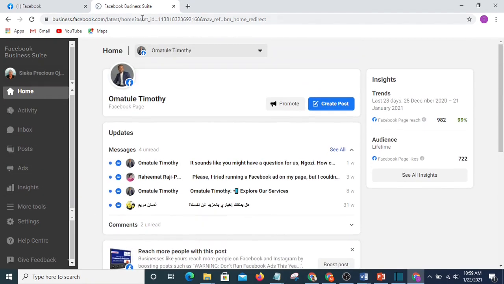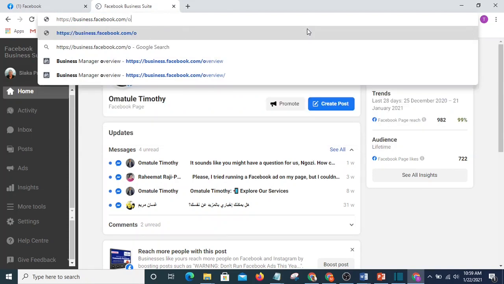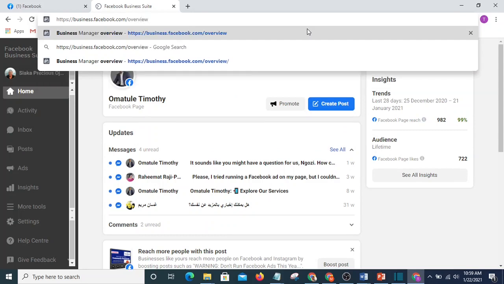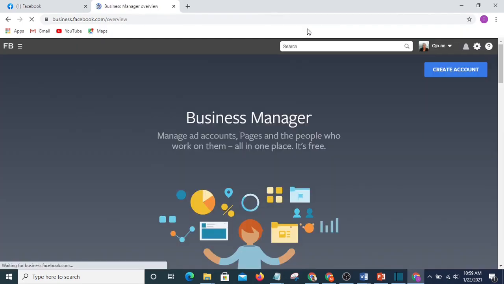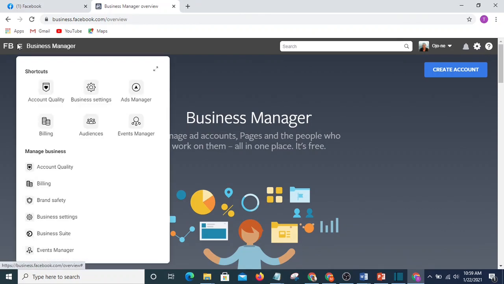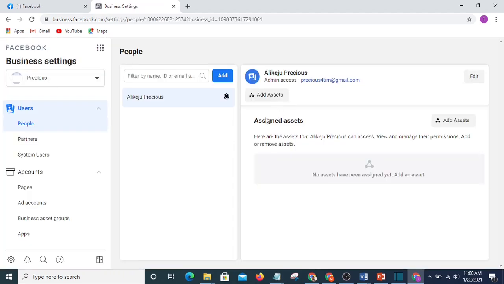So rather, I'm going to change it to business.facebook.com/overview. If I change it to overview and press enter, alright, this is what I want to see. Now I'm going to click on this icon. Then I'm going to go to business settings. Alright, so I'm going to go to